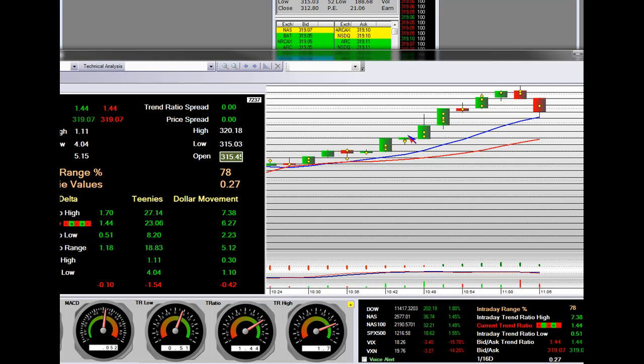And it started reversing. And you made your high in your trend ratio high. Look at the pullback of 1.7 to 1.43. So look at how many teenies off that high you are. It tells you right here. That equals $6.19. So if you weren't selling out at the high at 7.38 price action dollar movement, you've given up that much spread, new MMT. And so basically you're here as a market maker to take that move and take this move here. So that's how many teenies are lost off of the high.